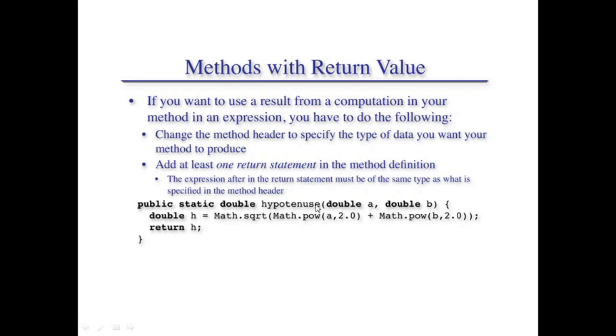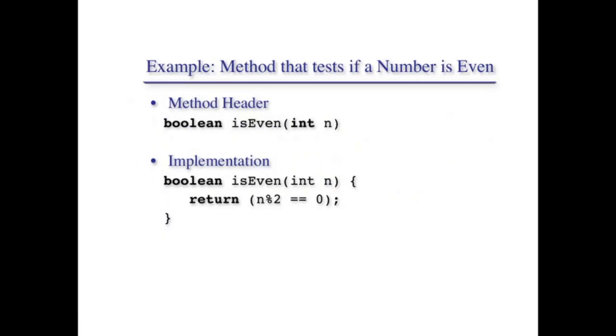So hypotenuse is a function, and it has two values, and the inner functions inside this function are using the value of the arguments applied to hypotenuse. Okay, so hypotenuse will compute the necessary computation, and the return value will be h, and this function will return the value of the expression.